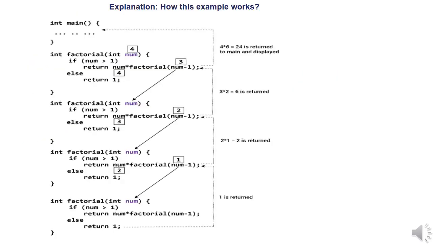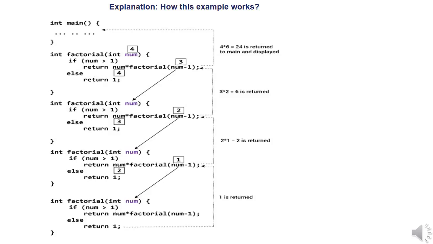This is what is happening when you call the function factorial by passing the value 4. In the previous example, inside the main function, when you call function factorial by passing the value 4, the control will go to the function definition. Then the 4 is assigned to the formal parameter inside the function definition, whatever it may be, n or num, whatever it may be, the value is assigned to that variable.